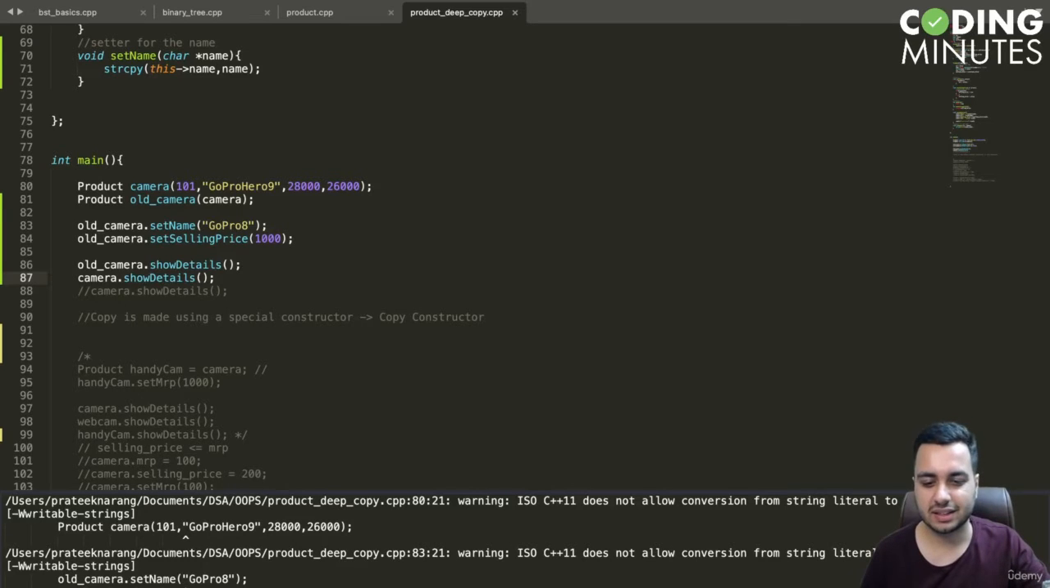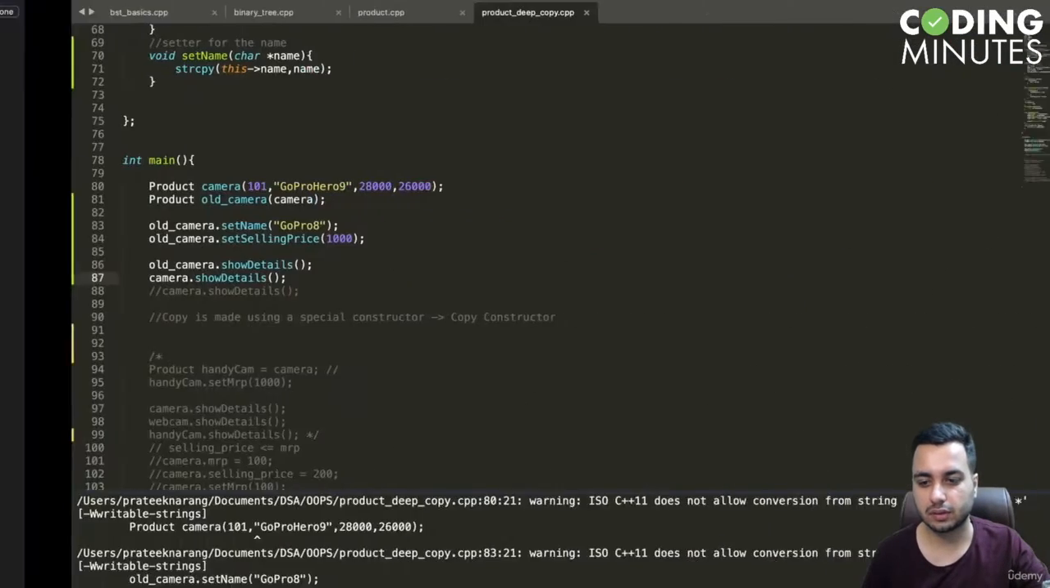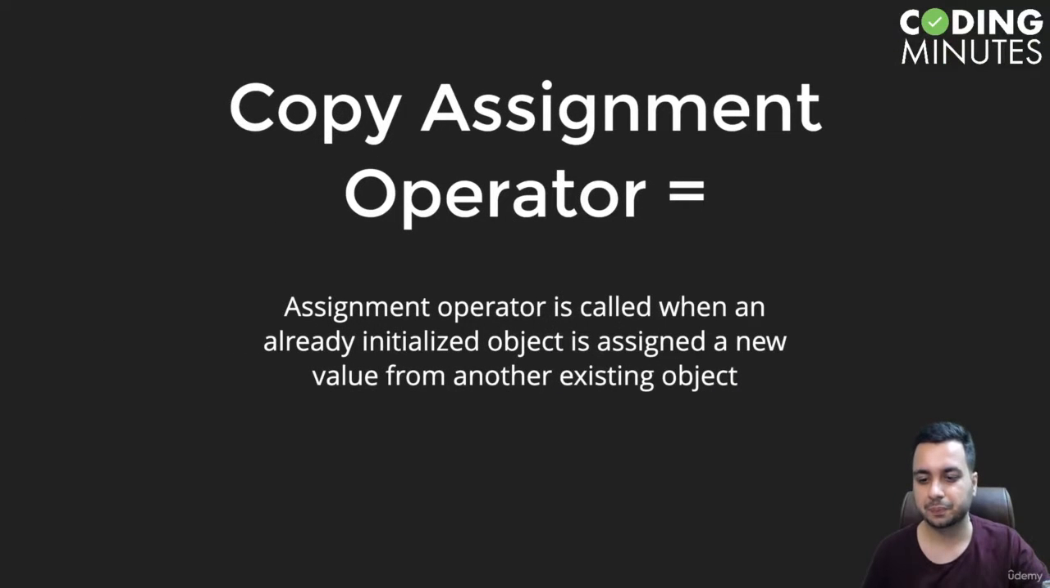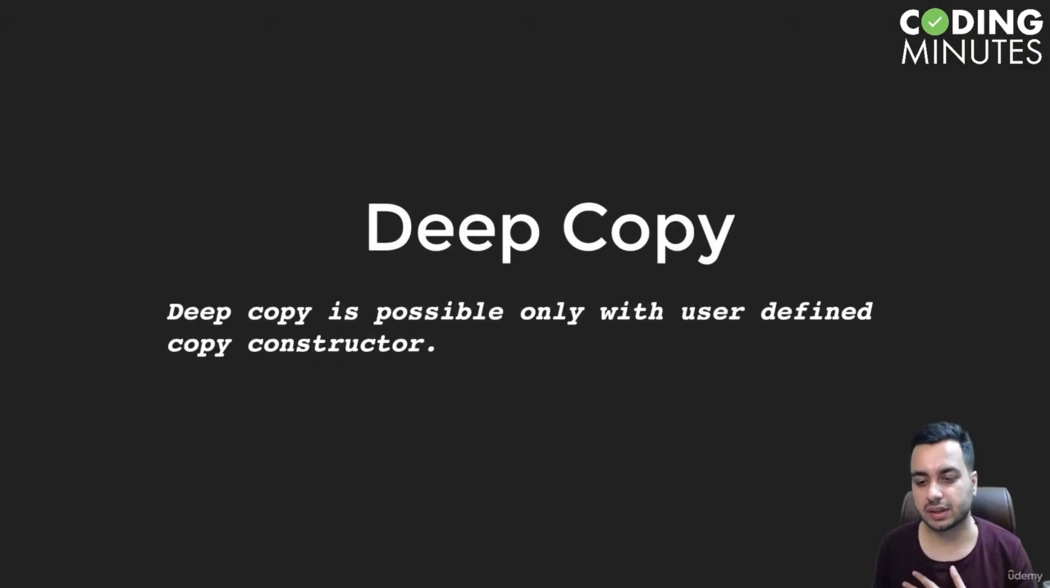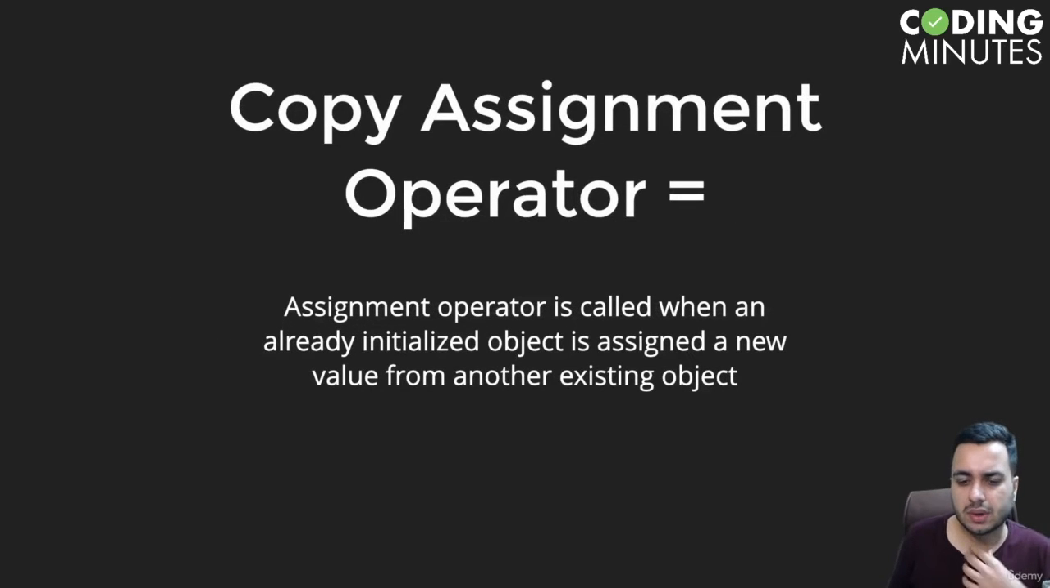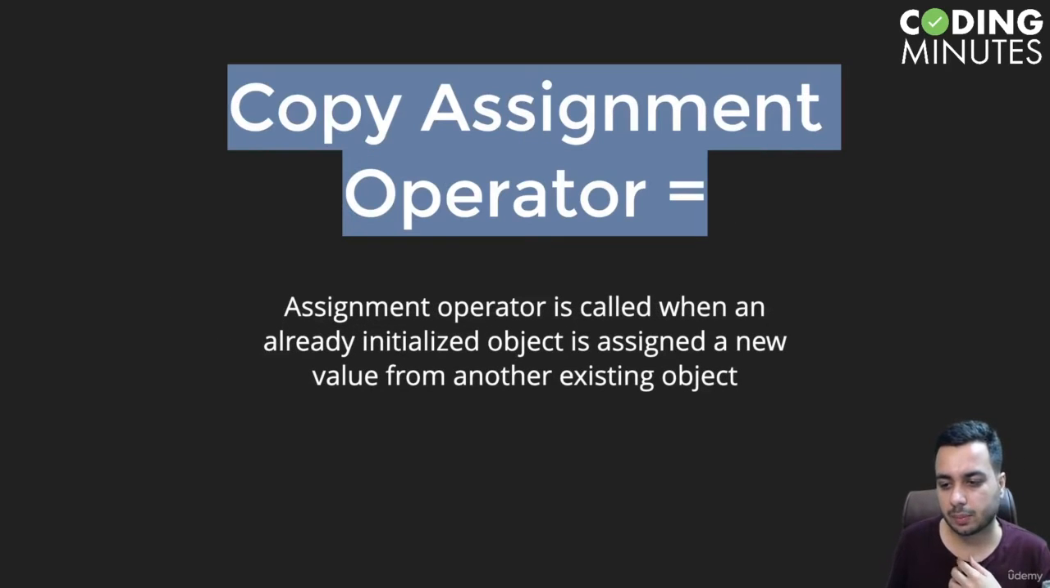Hi, so in this lecture, we are going to talk about one more operator that is known as the copy assignment operator. So we have learned about the copy constructor, and we learned that sometimes we may need to create a deep copy as well. So similar to the copy constructor, we have a copy assignment operator which can be used to initialize one object from another. Maybe you have some object, and later on somewhere in the code you want to say